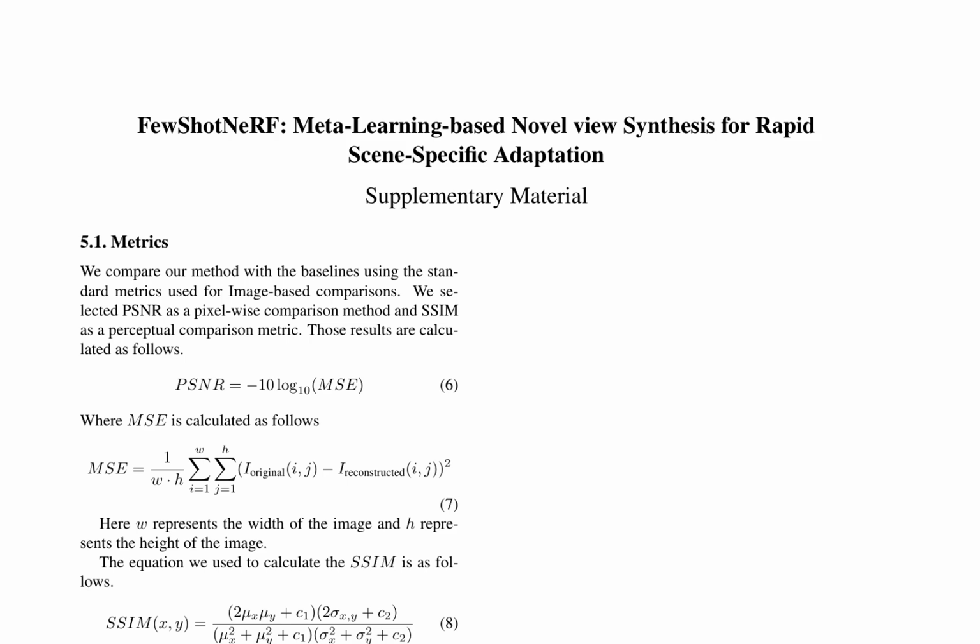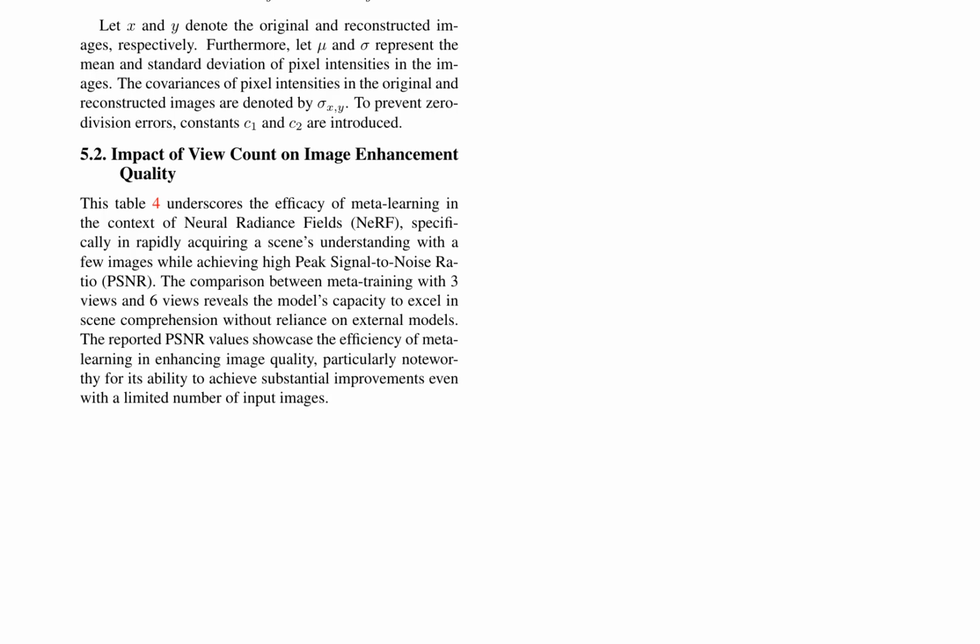Furthermore, the paper discusses various metrics used for image-based comparisons, including PSNR and SSIM. These metrics are calculated using equations 6 and 8, respectively, providing a quantitative measure of the model's performance. The paper also references other relevant works, such as Joo and Tulsiani [45], which distills view-conditioned diffusion for 3D reconstruction, and Yu et al. [44], which introduces PixelNeRF, a method for generating neural radiance fields from one or few images.